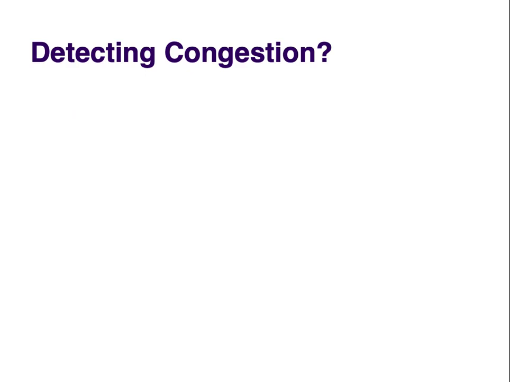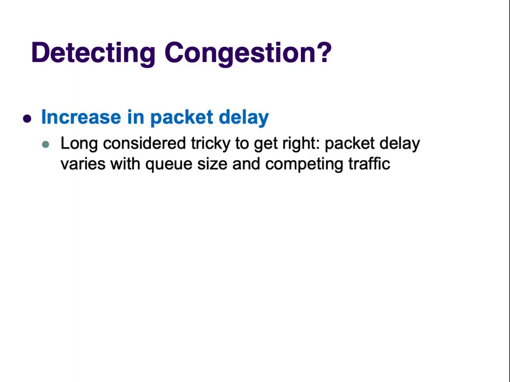Okay, so any other ideas for how we could detect congestion, if not loss? And remember, we're in a host-based regime. What else could the host be looking at? Round trip time, so delay. Right? So as a sender, I could be looking at the round trip time I'm estimating, and if I see an increase, I could say, aha, I suspect that's congestion.